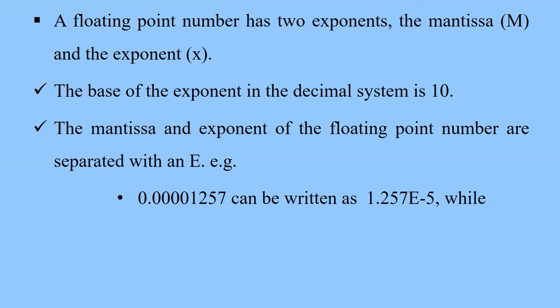In other words, if you count the number of decimal places from here, we have 1, 2, 3, 4, 5, 6, 7, 8. However, when we are reading the fractional part, we begin on the other side. So we begin from 7, 7, 5, 2, 1, 0, 0, 0, 0. So you read in reverse. And therefore, in that case,